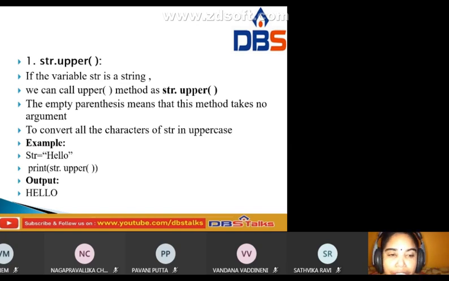Here, str.upper: if the variable str is a string, we can call the upper method as str.upper. That is the syntax.